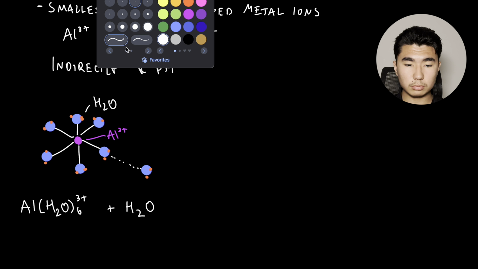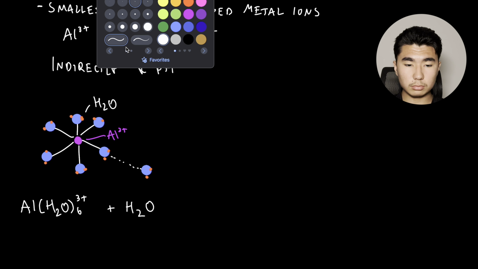This is going to turn into, forgot the L, Al(OH)(H2O)5 2+, and then plus our hydronium. So here's what I mean when I'm talking about these small, highly charged metal ions and how they can indirectly